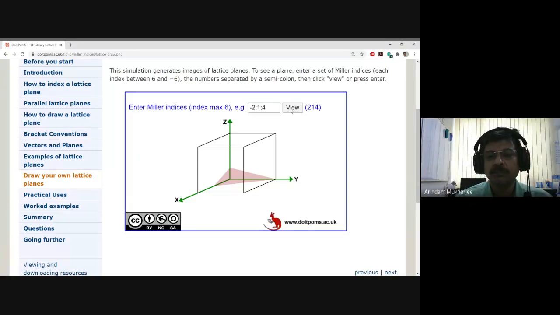So I can say minus 2, does it give? Yeah, it's going to be difficult to see the minus because it is fixed. But anyway, you can do it in other places. The negative indices will have a problem because you can imagine that it's not going to be that easy, no? Visualization is going to be a bit awkward, but you should be able to still figure it out. Let us try maybe. This is minus half, right? So minus half on x-axis. So that means I have to shift my origin, correct or wrong?